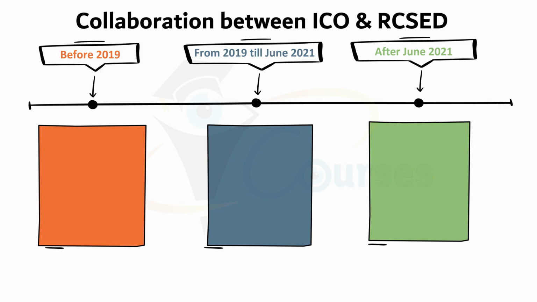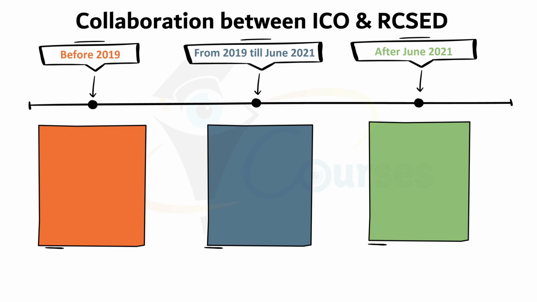First, it is before 2019. This has specific conditions. And from 2019 to June 2021, it will also have some specific conditions. And after June 2021, it will be the end, which is the date of the end of the collaboration. So what happens if you cleared the ICO exams before